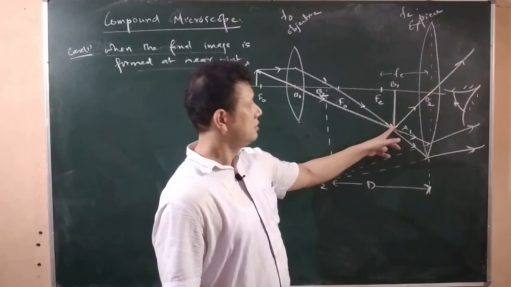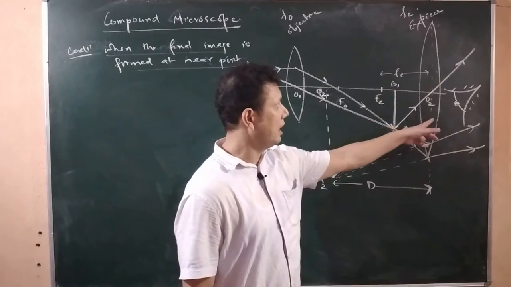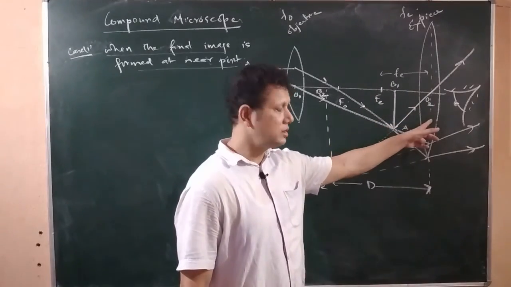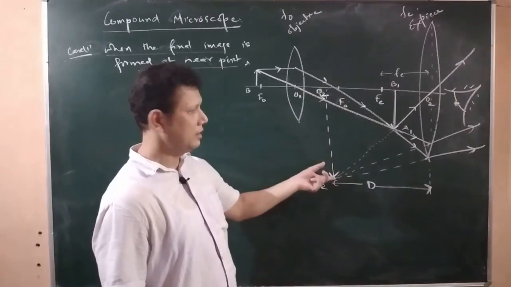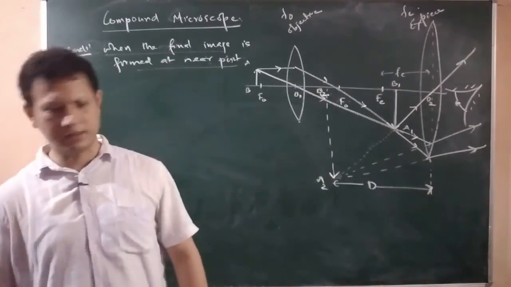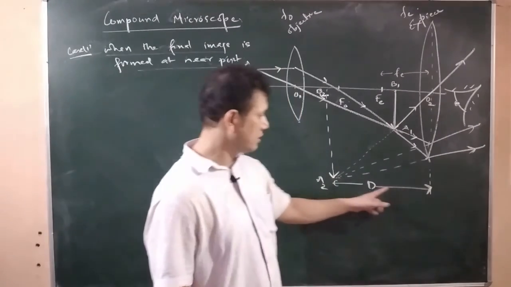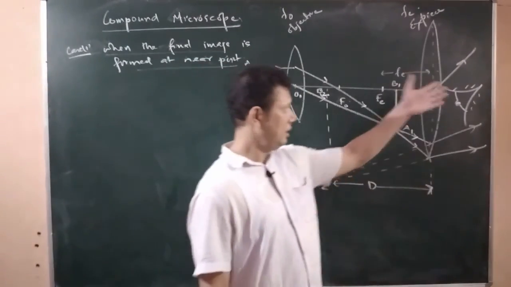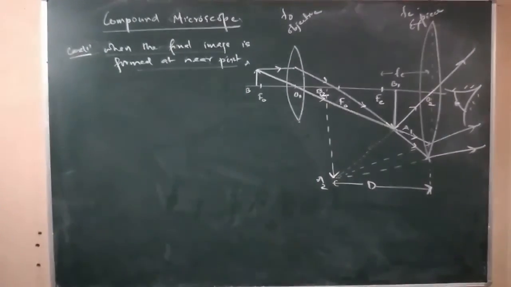And since the object is placed within the focal length of the eyepiece, what kind of image you are getting? A virtual, erect and highly magnified image, and this image is obtained at a least distance of distinct vision which the eye is now viewing. Now it is more